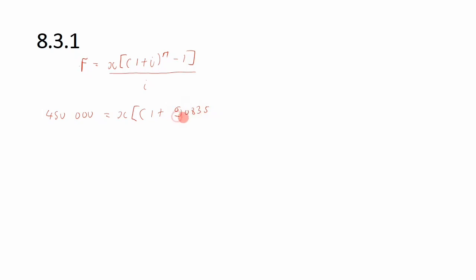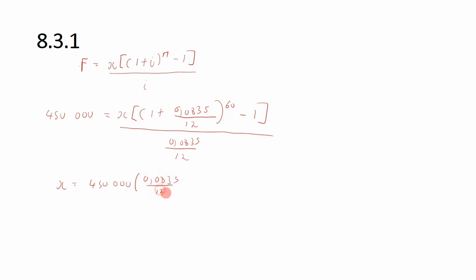Then this is x, we are looking for x, and then 1 plus the interest. The interest rate is 0.0835, over 12, and the number of payments is 60, and then minus 1, over 0.0835 over 12. Now a quick way to get this x will just be to cross multiply here and divide by the whole of this. So we have x is equal to 450,000 multiplied by 0.0835 over 12,